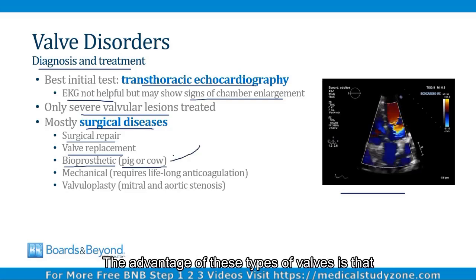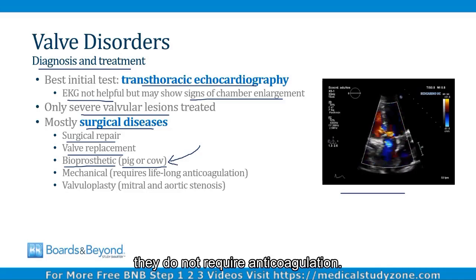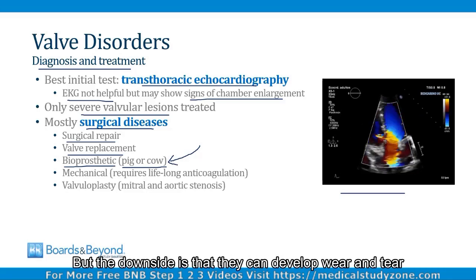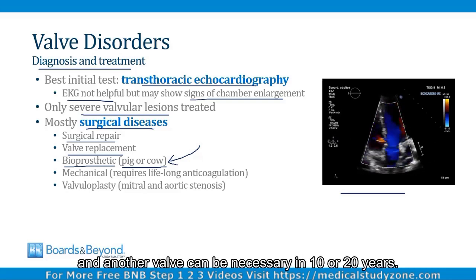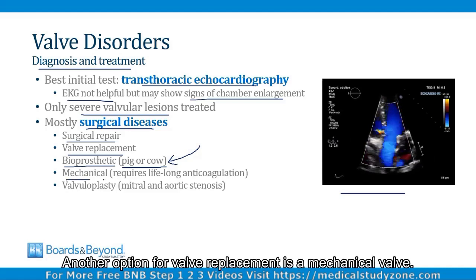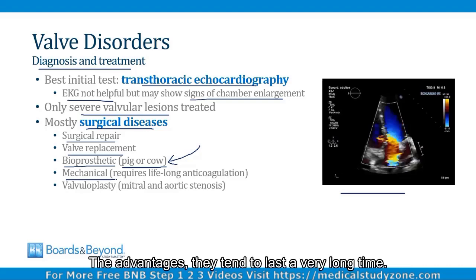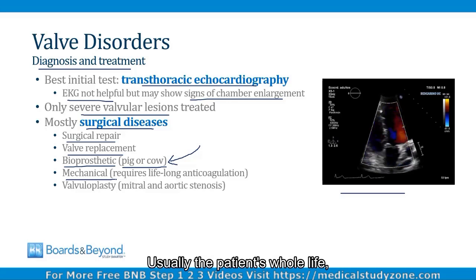The advantage of these types of valves is that they do not require anticoagulation. Blood clots do not form on these valves, but the downside is that they can develop wear and tear, and another valve can be necessary in 10 or 20 years. Another option for valve replacement is a mechanical valve. These valves are made of metal. The advantage is they tend to last a very long time, usually the patient's whole life, but the downside is